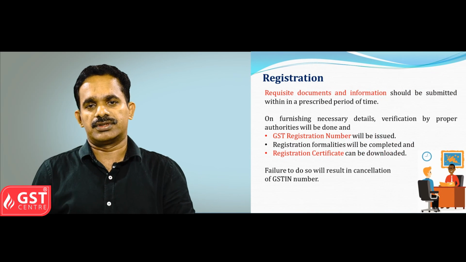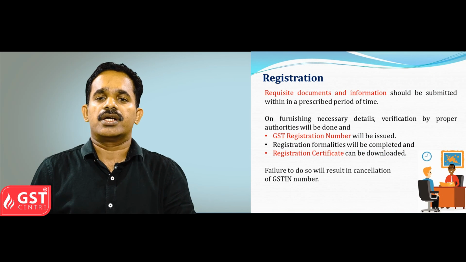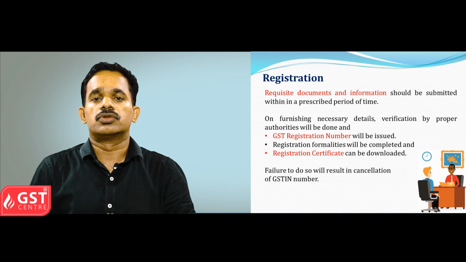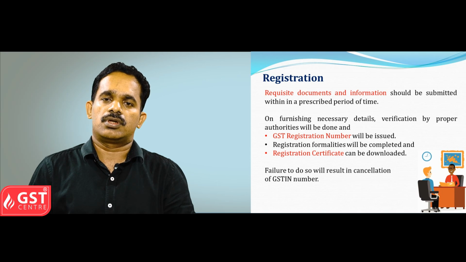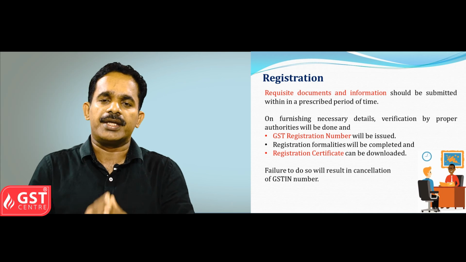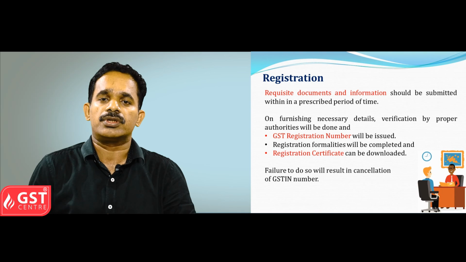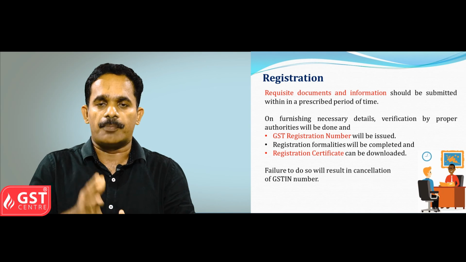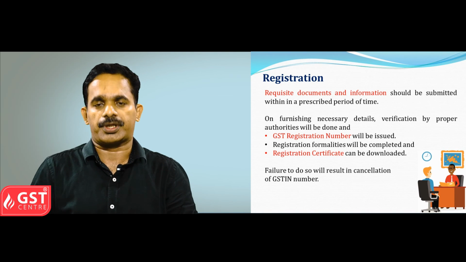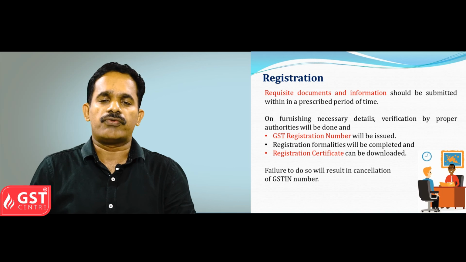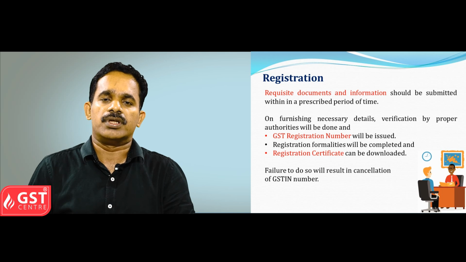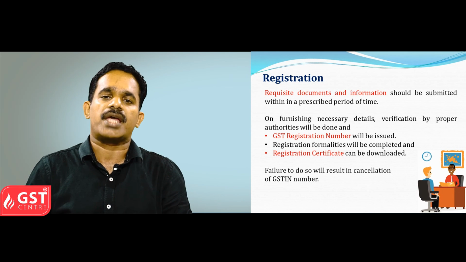There is a condition that necessary documents and information should be furnished by those existing registrants through the GST network. After verification by the proper authorities, the final registration number will be issued and registration formalities will be completed, and the registration certificate can be downloaded from the GST portal. On any failure to furnish such documents or information, the GST identification number which was issued earlier will be cancelled